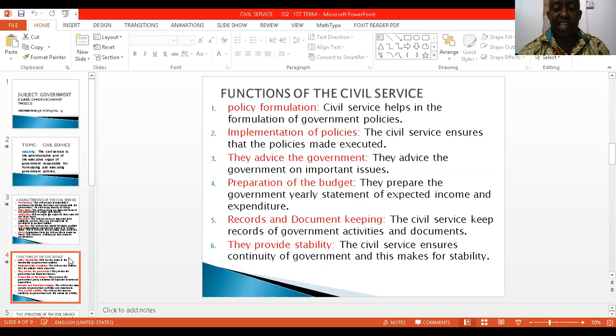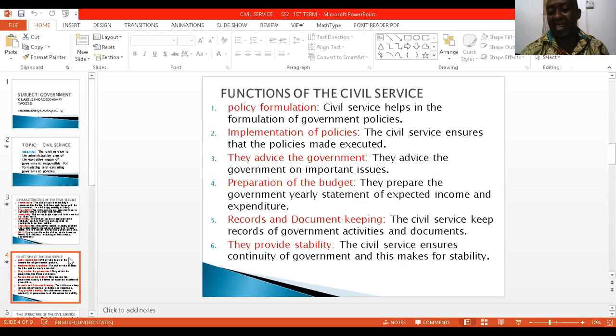Records and document keeping. The civil service keeps records of government activities and documents in various ministries. Now they keep records of what is going on in health. They keep records in terms of education, the same thing, finance, different ministries, Ministry of Power, aviation, and so on. They keep the records. In case of anything, the people can go through the records and see what happened, the way they have